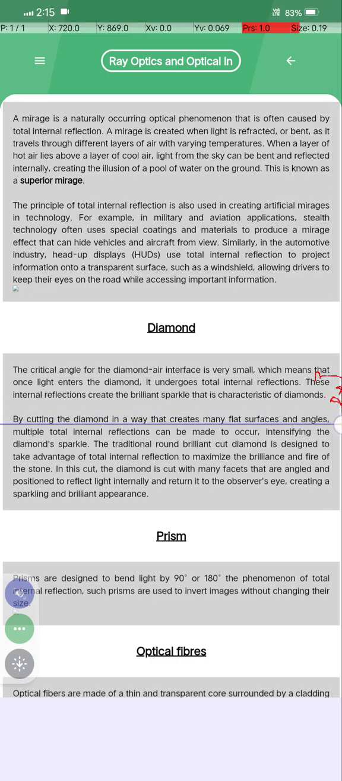By cutting the diamond in a way that creates many flat surfaces and angles, multiple total reflections can be made to occur,